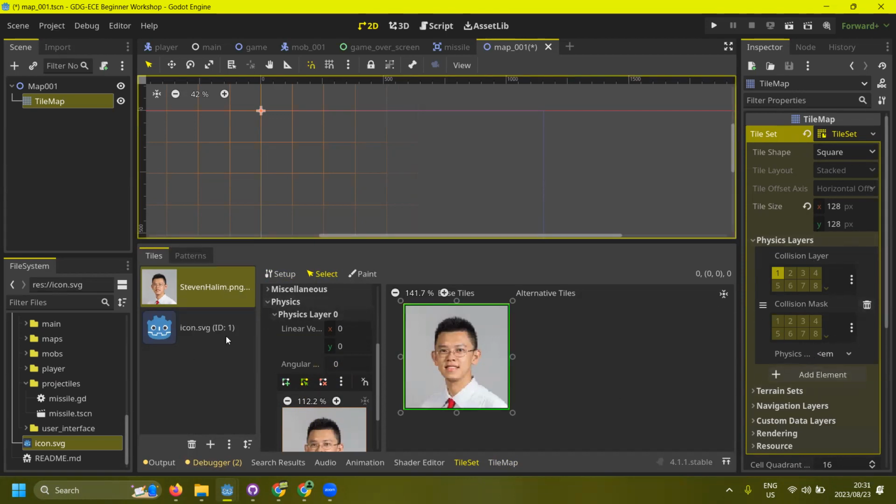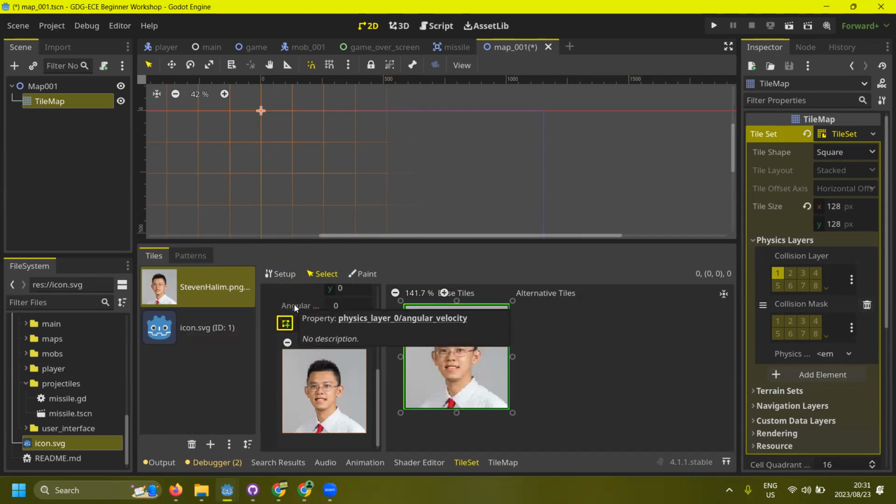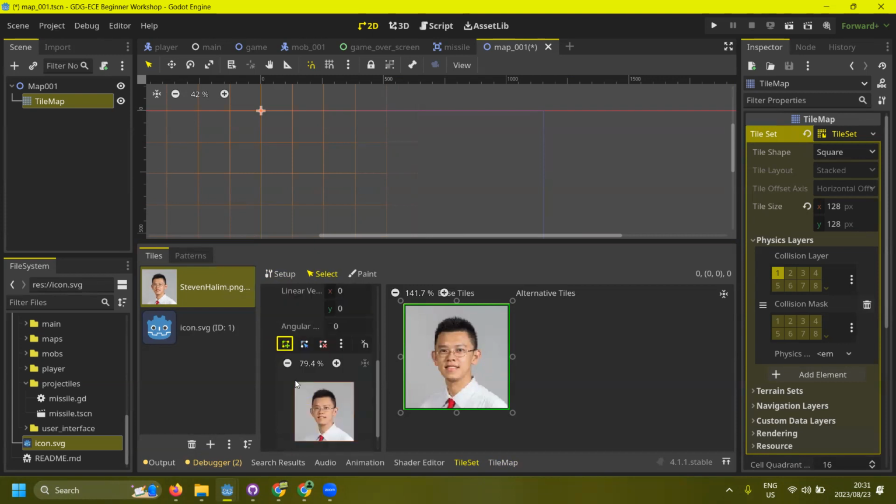Now we define it here. We want the physics layer 0 to inherit its settings, but we want to define the shape of this tile's collision box. By default, you don't have a shape. It will give you a polygon instead. So to define the points on the polygon, you press this green button here, and you select the 4 points